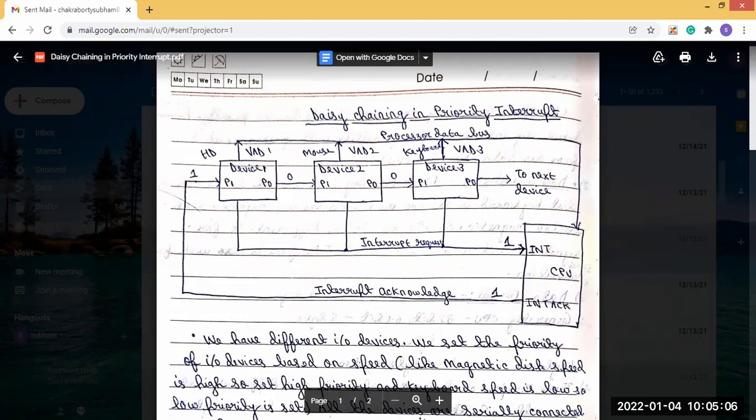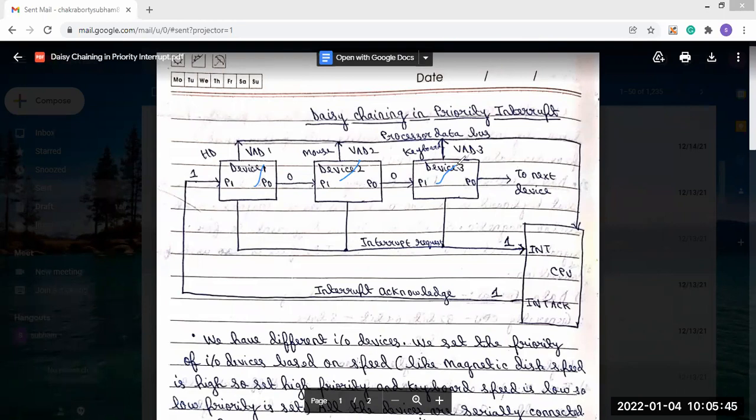Let's say here you can see we have used three input output devices: device 1, device 2 and device 3. There may be more than three input output devices. It is not restricted to only these three. If you want, you can use many other input output devices also. But we have to arrange these input output devices based on the priority.